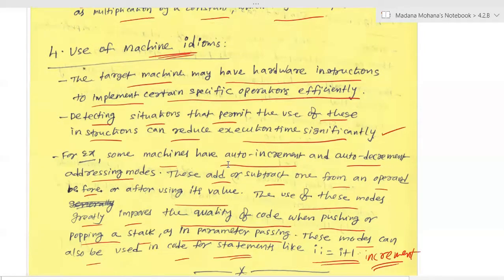Then later, peephole optimization, one of the important optimization technique that can be applied on the target code. Even immediately after intermediate code generation, you may apply this technique, even for 3 address code also, wherever possibilities. But majority of the cases, this technique is used in target code. Why? Because many of the things related to the target code related.